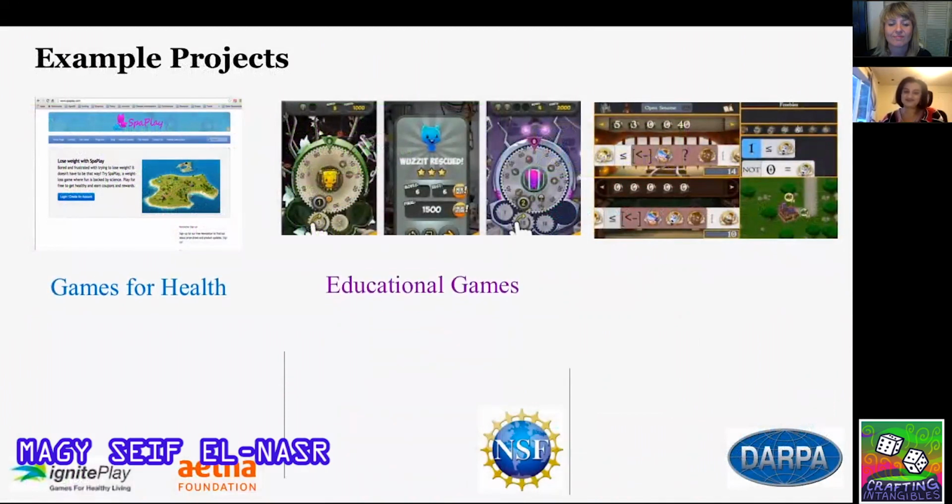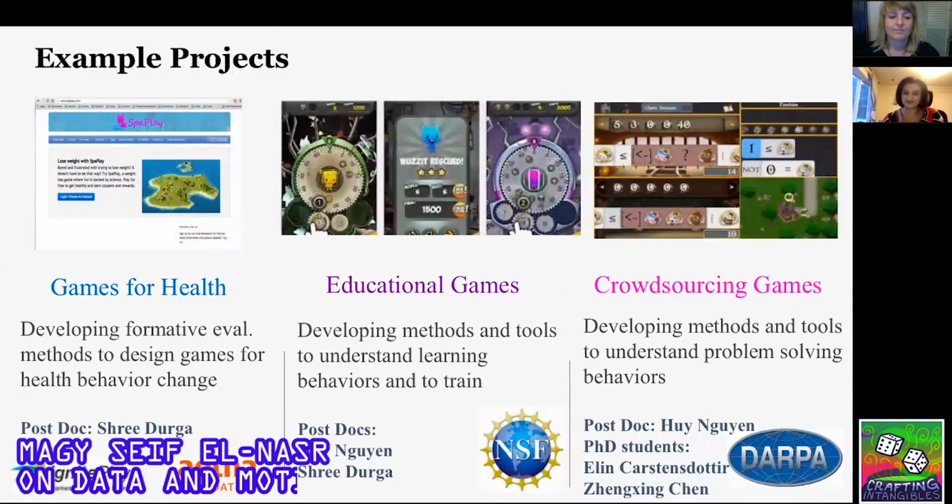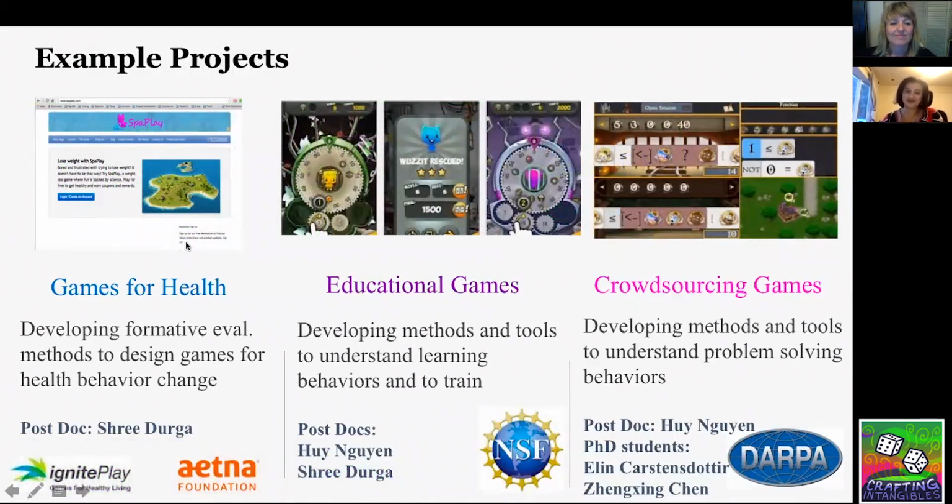So I'm going to show some example projects, and then I'm going to go in depth in one of them. Example projects that I've done in the past look at how we partnered with a company called Ignite Play to develop a game for health. In particular, how do we make people eat healthy or behave in a healthier way through exercise and nutrition